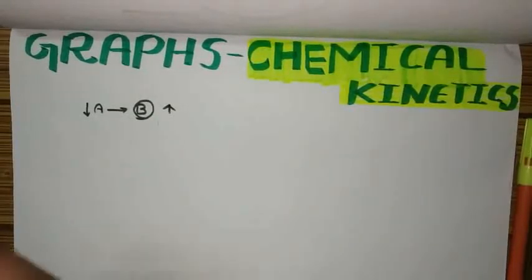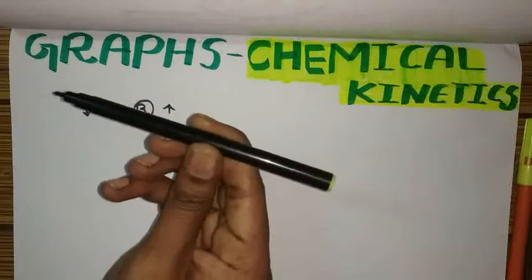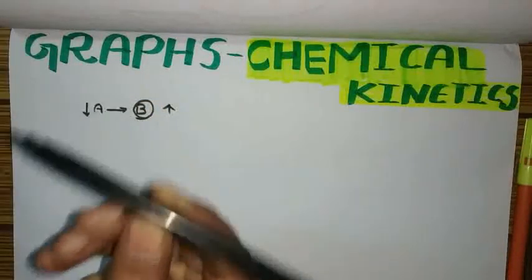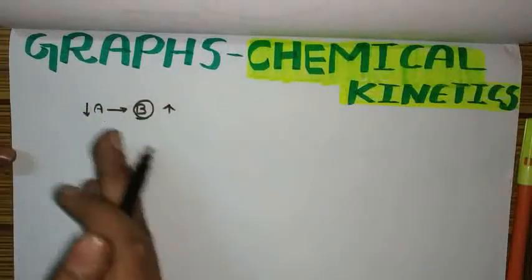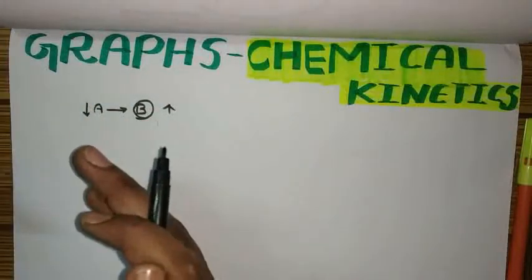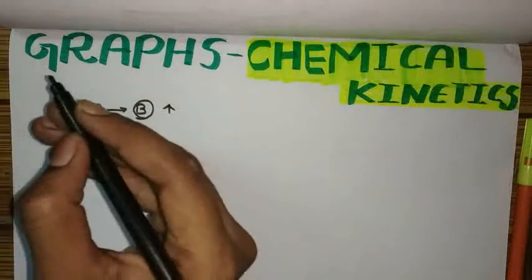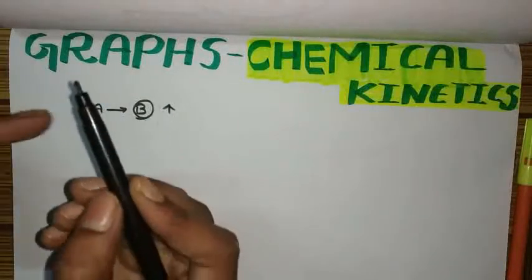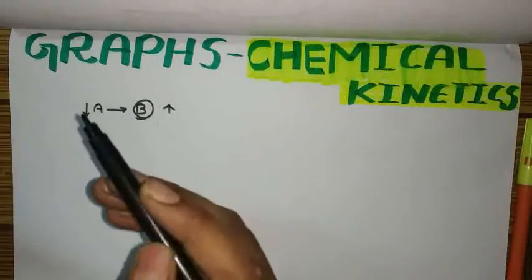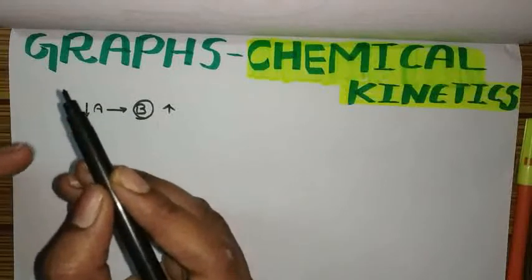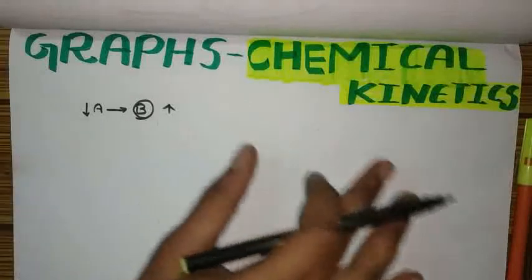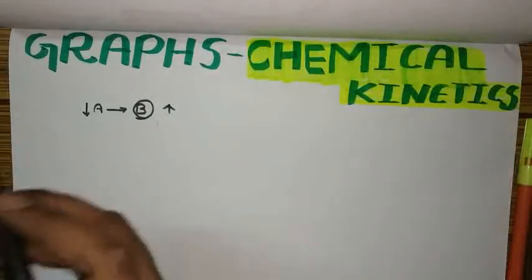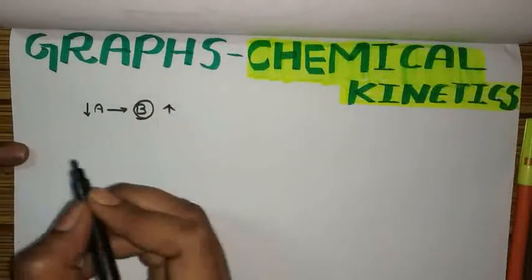So let me tell you that this is the sketch. See, this sketch is the reactant. Whatever I am writing here is the product. With respect to time, I am writing with this sketch. What happens? The concentration of ink in the sketch will decrease, and whatever matter I wrote here will increase. So from this we are going to get a graph.